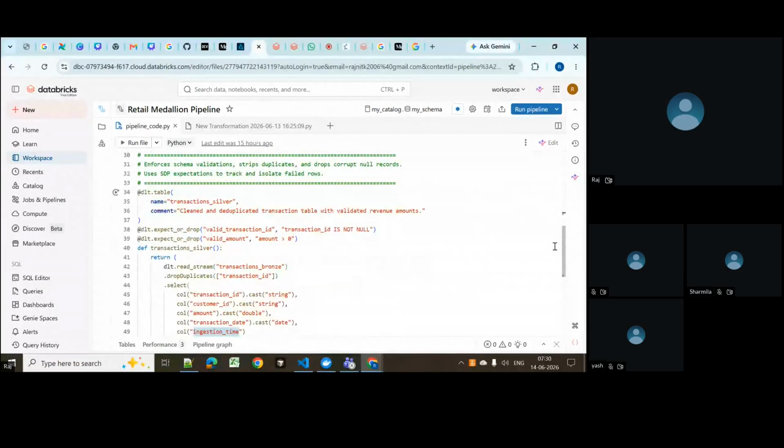Within the Silver layer itself, as I told you, this is the layer where we generally clean the data, like removing duplicates, removing unwanted data, unwanted columns, or cleansing the data, removing null values, removing negative values, based on the requirement. So here, same @dlt.table, name transaction_silver, and then what we are doing is